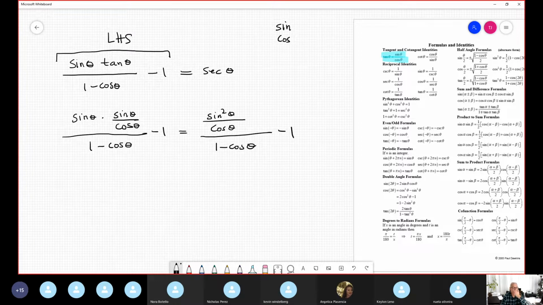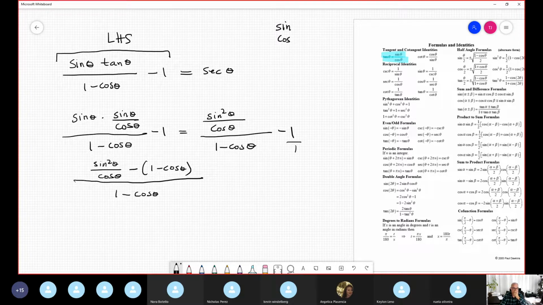Because I propose you, there are no reason. This is stupid to have two fractions separate. No. It's a good idea condensing one fraction using the least common denominator, no? In this case, 1 minus cosine. Because 1 is just 1 over 1. What is the least common denominator between this expression and 1? This expression. So we have sine square theta over cosine minus this expression, que es 1 minus cosine. Okay. At least we condense it in only one.